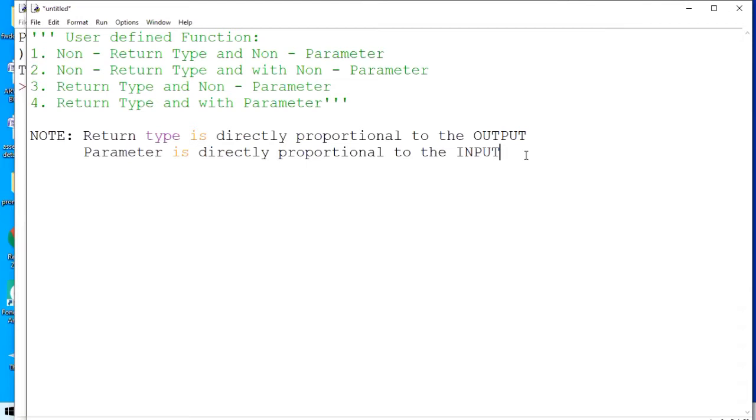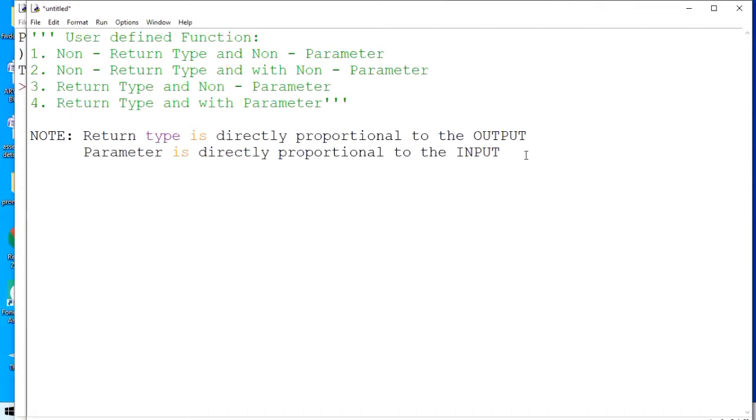And same way, if we are dealing with parameters, parameters are basically directly proportional to the input. That means if you would like to give some input to a function, then parameters are used.